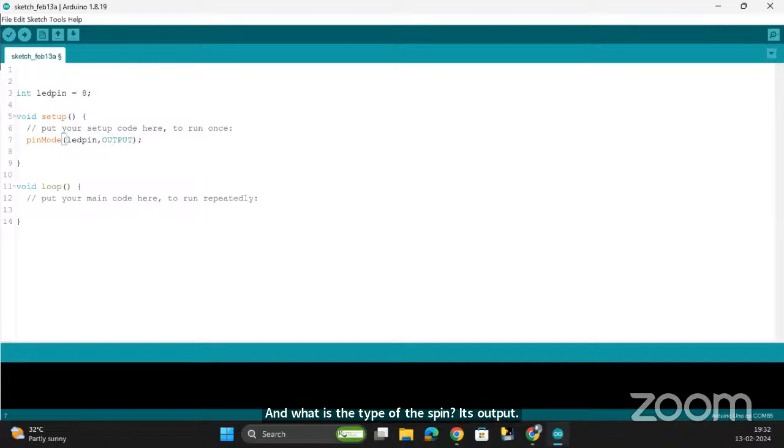And then next we need to blink the LED, right? So digital write. What is the first one? Pin number, LED pin, comma. We need to give the output, so I am giving it as HIGH, that is 1. High. And delay for